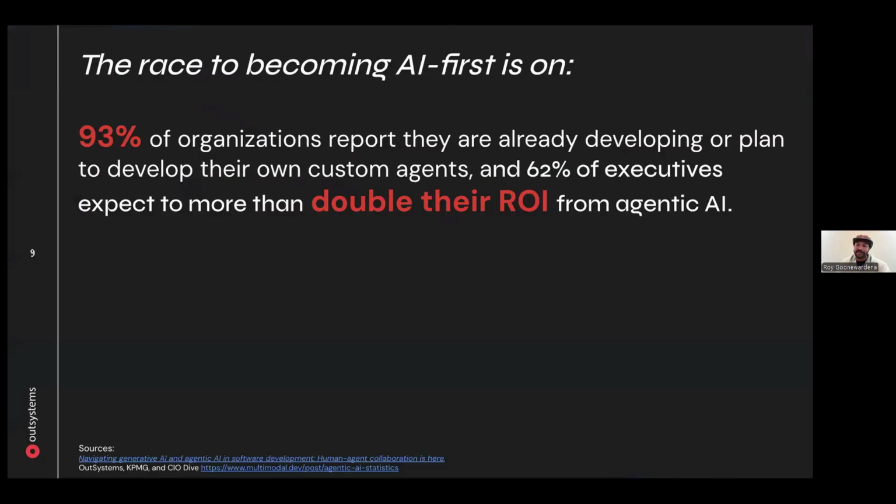So this is some of the reasoning behind our implementation, and we've already delivered this in our platform, so customers have immediate access to it. And like the video said, there are lots of organizations that are utilizing or trying to experiment with agents, and 62% of executives out there are expecting to double their ROI from the existing systems because of these agents.